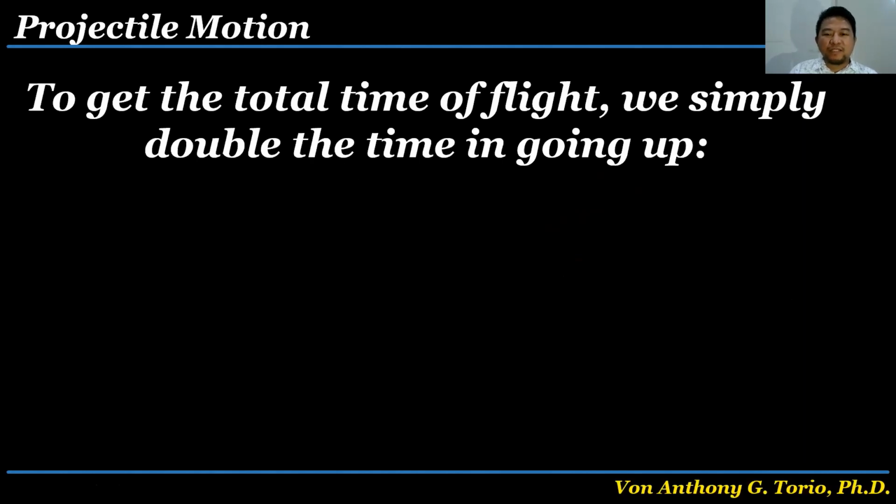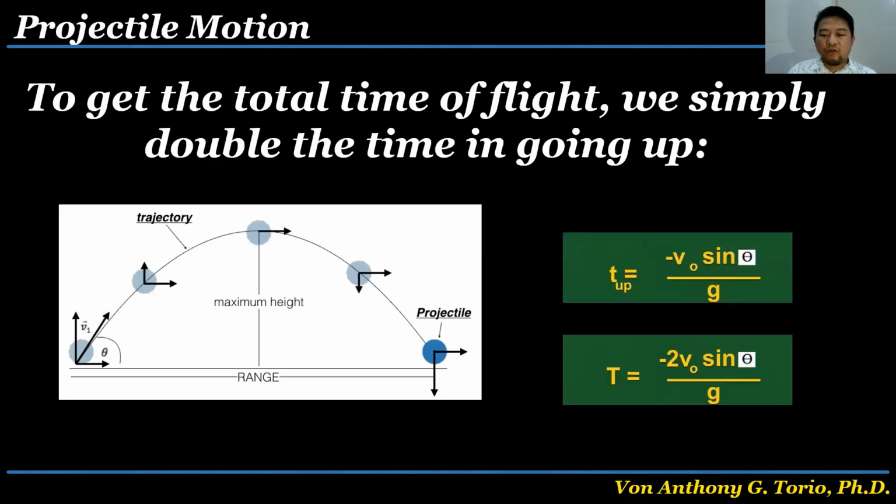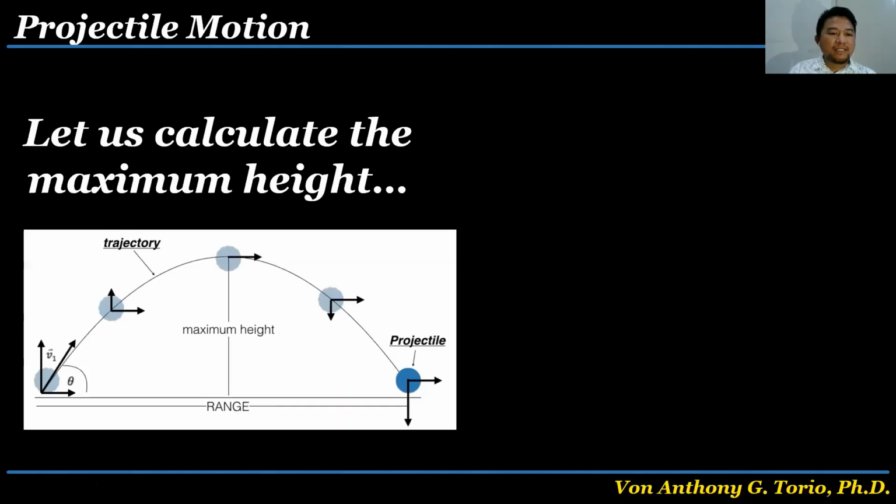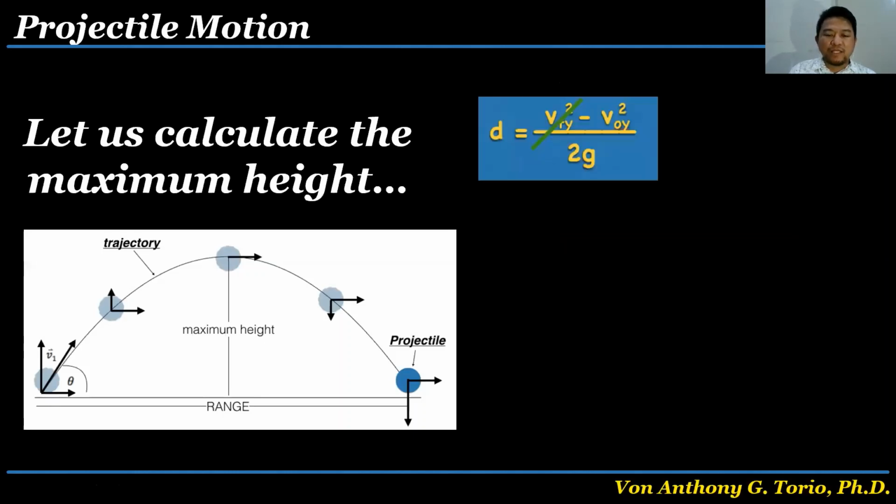Now, to get the total time of flight, we simply double the time in going up. So the expression capital T equals this value simply tells us that for us to be able to calculate the total time of flight, we simply double what we initially expressed for the time in going up. Once again, T up is equal to T down. Next, we can calculate the maximum height. And the maximum height, once again, is